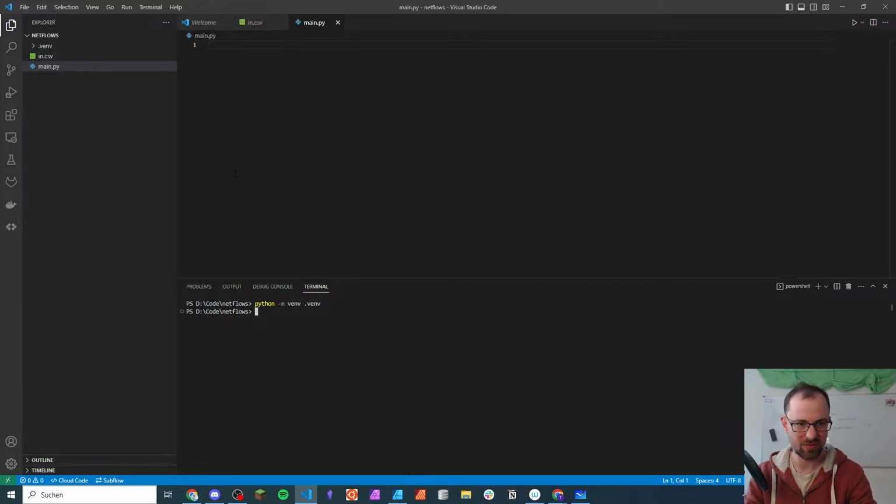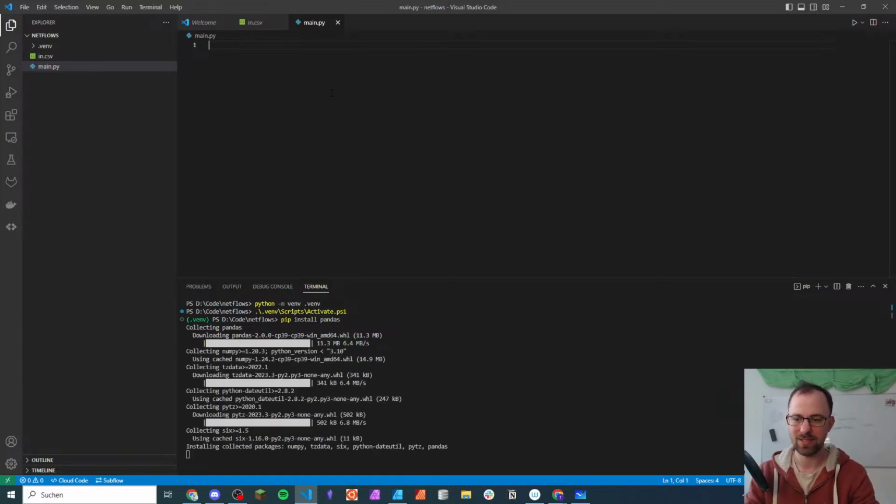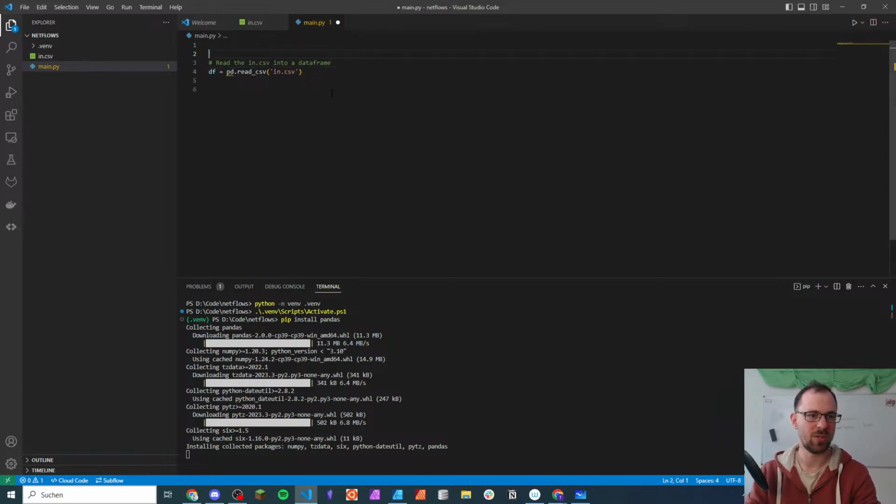So I guess if we now, how do you code? Scripts activate. Yep, okay. So now we have a fresh Python program, and what we want is to install pandas, because we're very likely going to use pandas. And okay, GitHub Copilot is connected, and now we're asking it to read the in.csv into a data frame. Okay, now we have a data frame. Oh, and we need to import pandas as